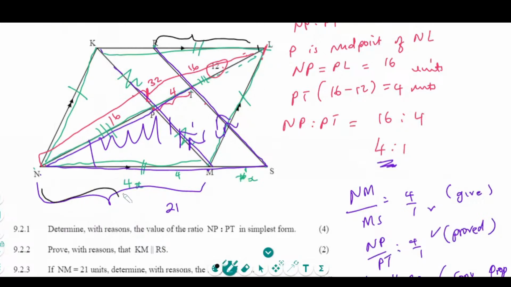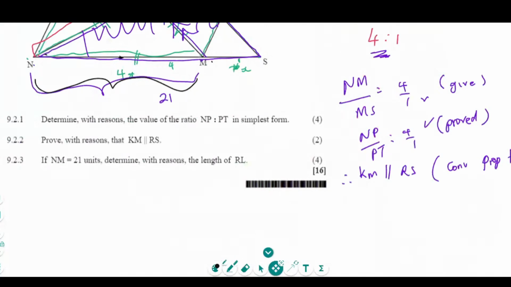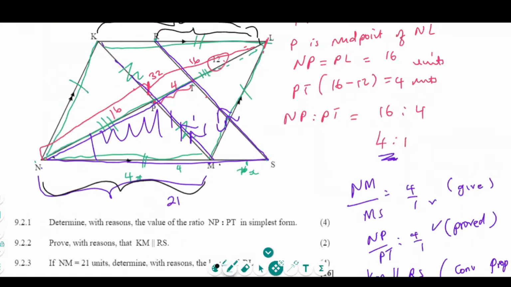But this is a 21. So remember, we say the opposite sides of a parallelogram will be equal. So which means the whole of this is also 21. So down here, we shall start by saying that KL is 21 units. KL is 21 units. Reason: the opposite sides of a parallelogram, which I'm going to call a PAM. And then if I use my theorem of proportionality, where I focus on this black triangle, since I have this as my parallel